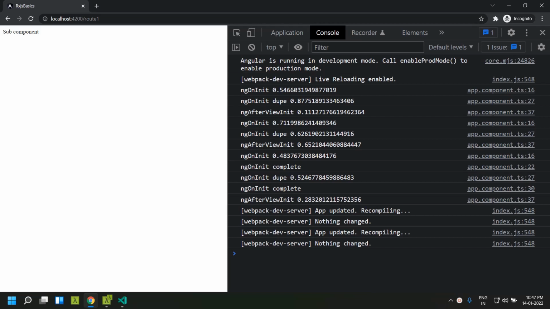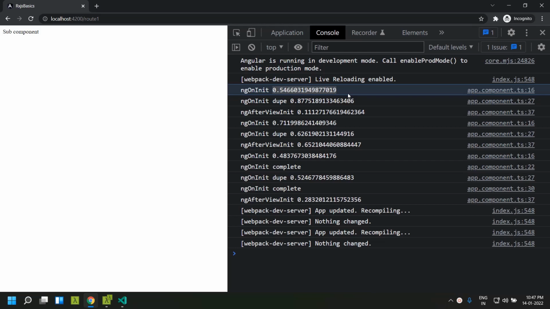One thing you would have noted is that even though we are subscribing to the same observable in multiple parts of our program, still the value that we receive for each of these subscriptions is totally different. This is something called unicast. So basically it means that whenever we subscribe to an observable, a new execution of the observable logic happens and we are receiving a new value.